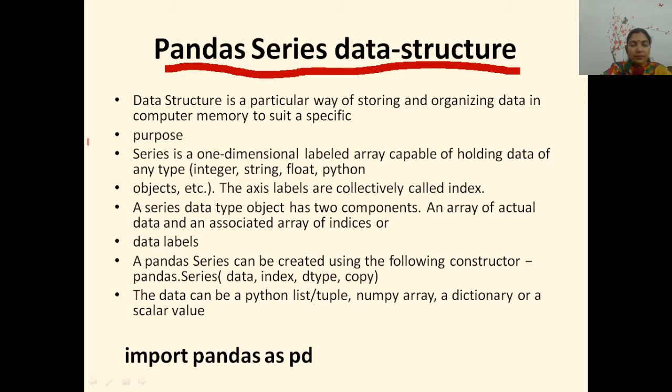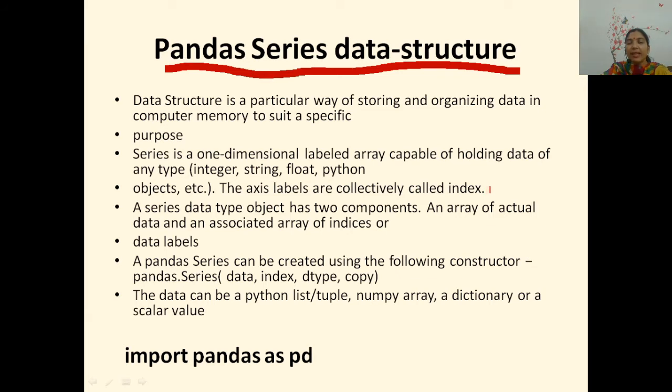Then we'll see some specific purposes here. Series is a one-dimensional labeled array, and it is capable of holding data of any type. It can hold integer, string, float, Python objects, etc. But the axis labels are collectively called the index.